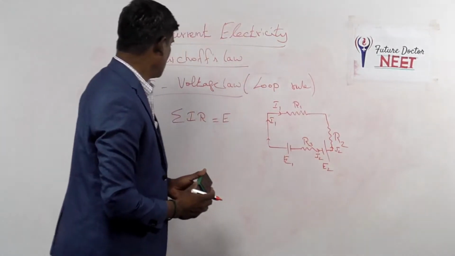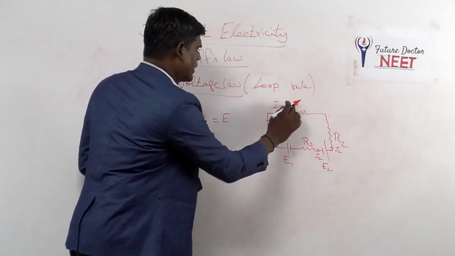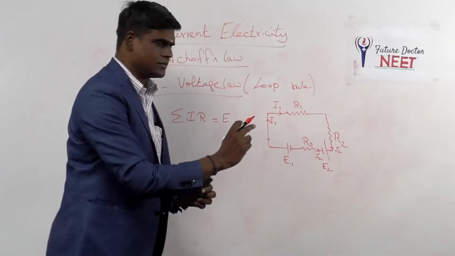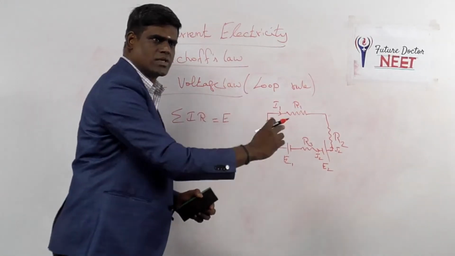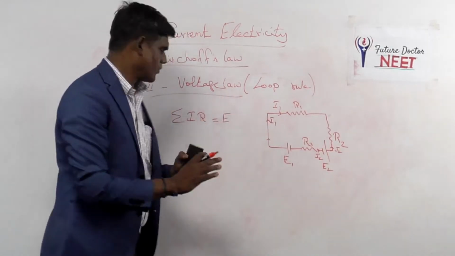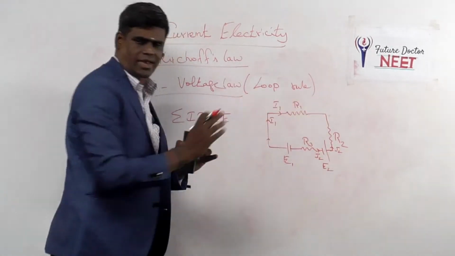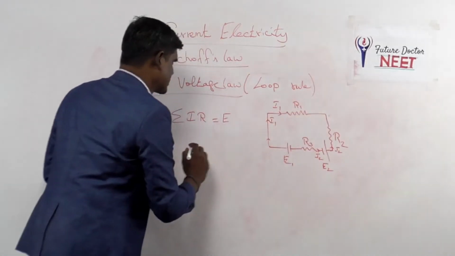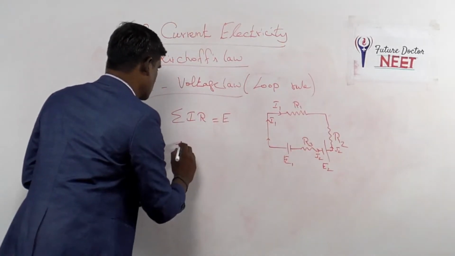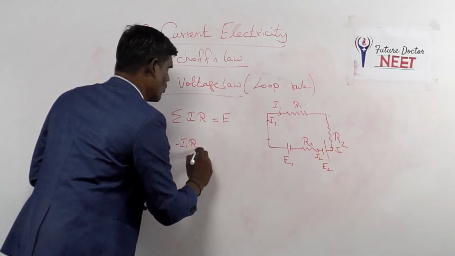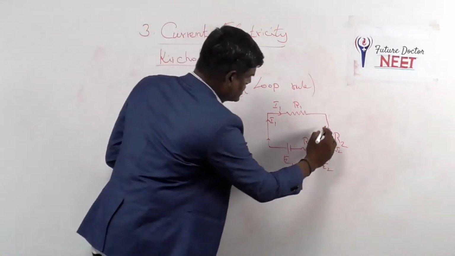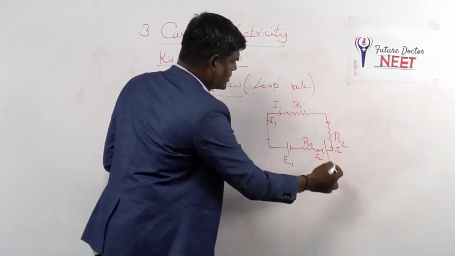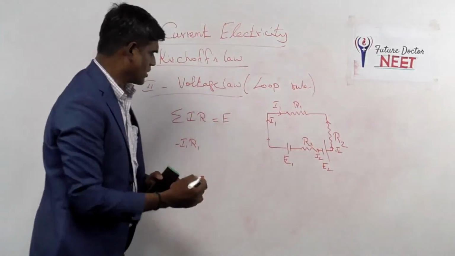Now I into R, I1 into R1. You want to take one direction, suppose clockwise direction, as negative. I into R is considered as negative. This is a clockwise direction, is it so? For clockwise direction, consider that as negative. So minus I1 R1. And what about this direction? It is the opposite direction, anti-clockwise. So plus